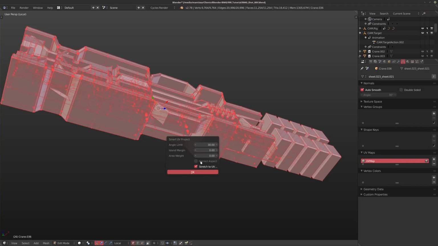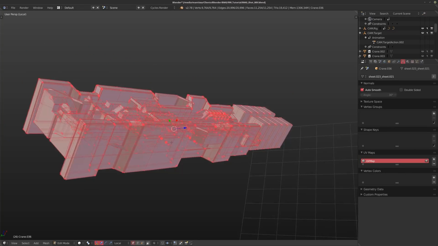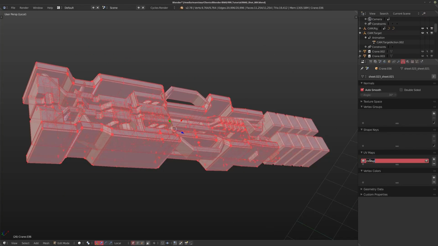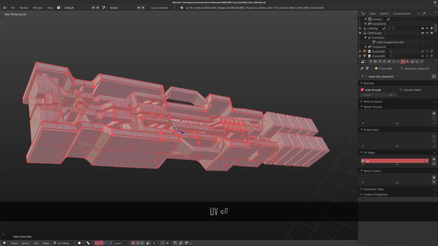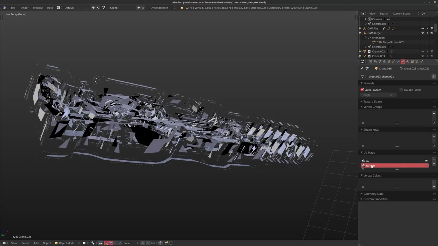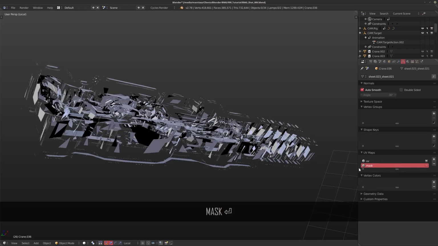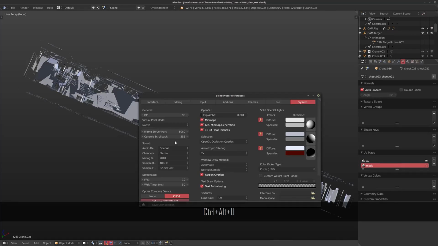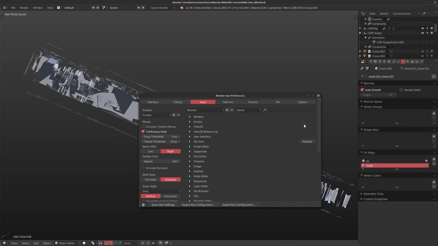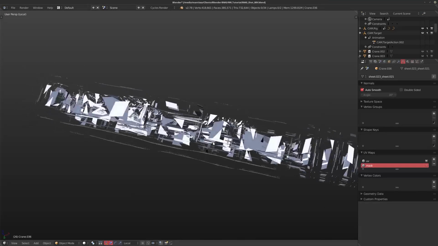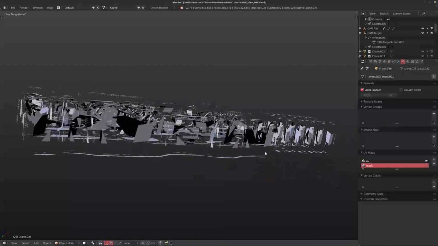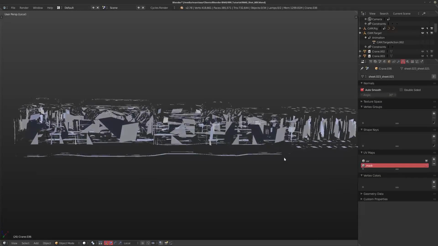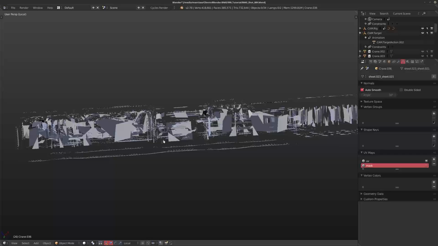Now, if you're doing this and you're getting really close up with a lot of these objects, you'll want to go in and unwrap this properly. But I need a first UV map, which is just going to be my regular UVs, and I'm going to use a second UV map as a mask. And why I'm doing this will become clear quite quickly. Again, I'm going to switch to my trackball movement so I can move the object around in 3D space a lot easier, and I'm not constrained to that one axis, or those two axes on the turntable movement.